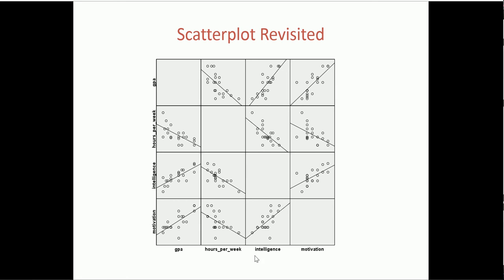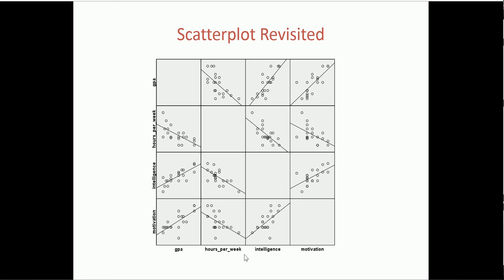So let's say if intelligence and motivation are correlated, then just looking at the bivariate correlations themselves may not give us a complete picture. Let's just pretend this is not true, but let's just pretend that hours worked per week predicts 40% of the variance in GPA. Intelligence predicts another 40%, and motivation predicts another 40%. We could not say that we're predicting 120% of the variance in GPA because there is obviously some overlap in